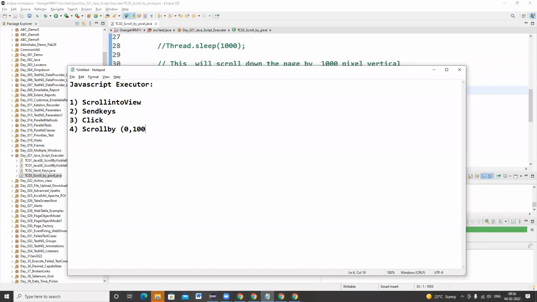Ma'am, scroll left side, right side, scrolling too quickly. If we want to scroll left side, or right side, you have to just right click, inspect on the particular web element, and then you can go ahead and write the script the same way.